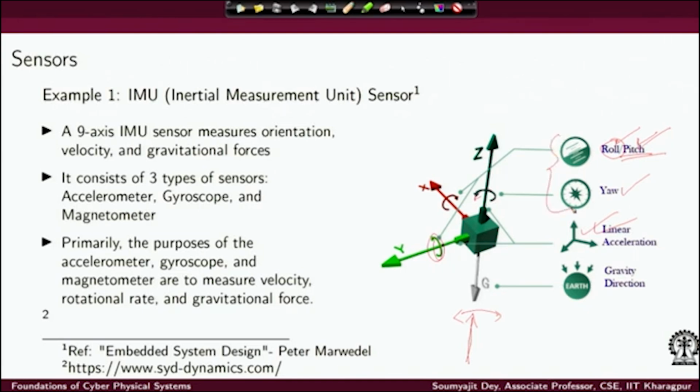So, these three things tell you the orientation of the aircraft, and the other are the usual things, the linear acceleration in the three axes, right. Apart from that, based on the vehicle's movements and speeds, we can measure the g force that is acting on the vehicle, right. That is another force I want to know about. So, all these things together tell me the orientation of the system, the velocity and the gravitational forces. To sum up, the orientation is given by yaw, roll and pitch,